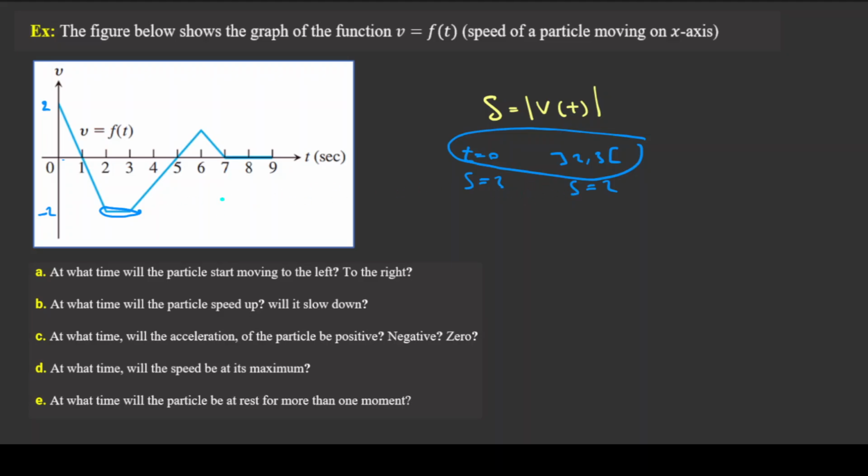For example, if the lowest point were negative 3, then from 2 to 3 the particle would be at its maximum speed. In short, find the highest point and the lowest point, compare them, and whichever has the greater magnitude is the maximum speed. If they are the same, both give the maximum speed. So the solution for part D is